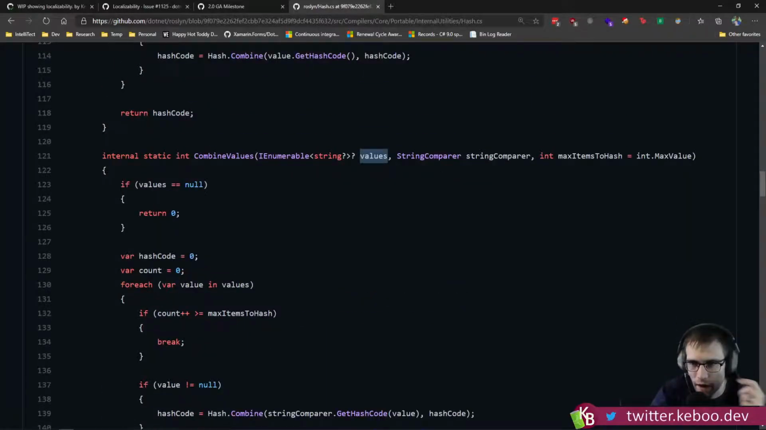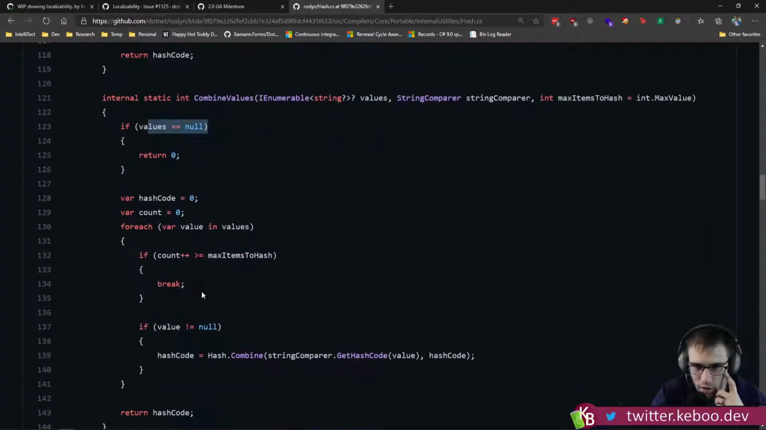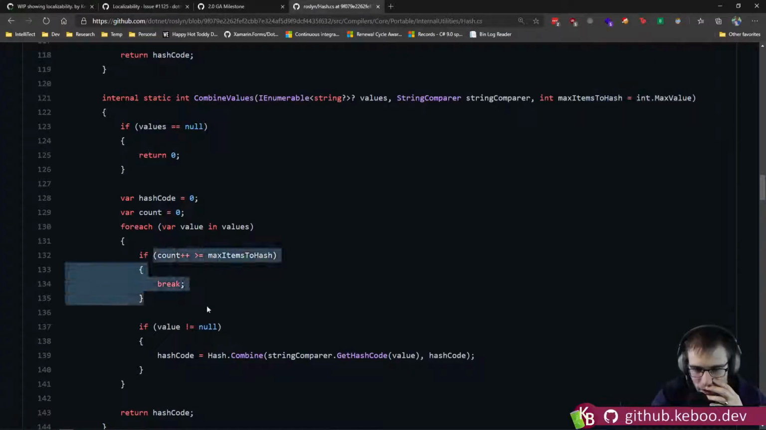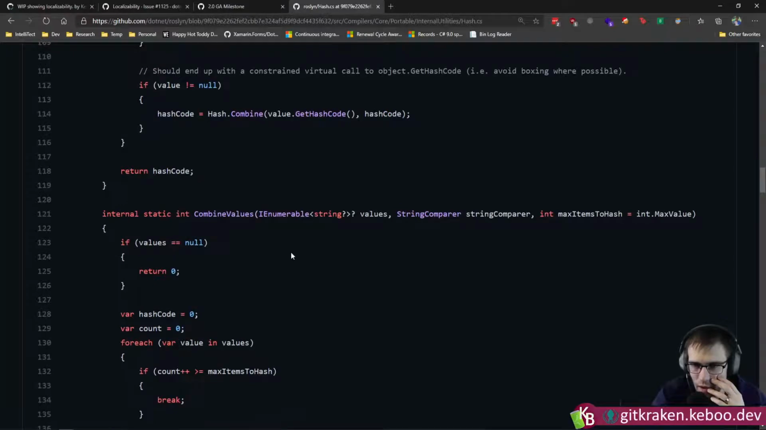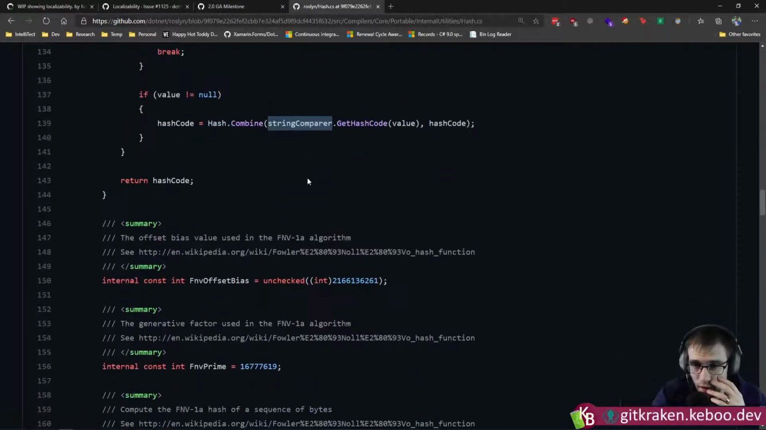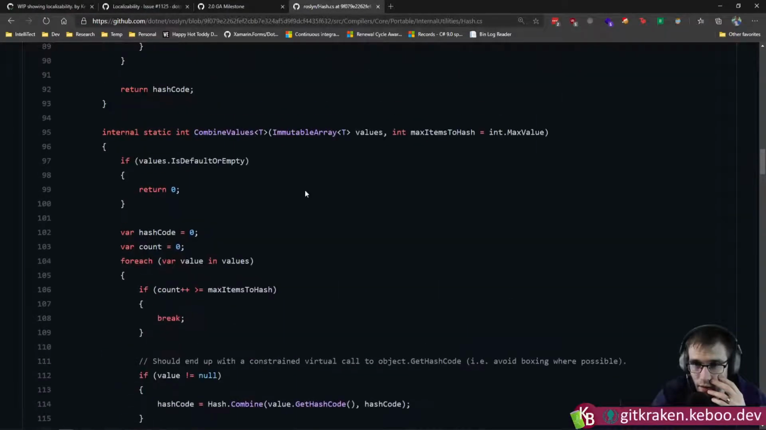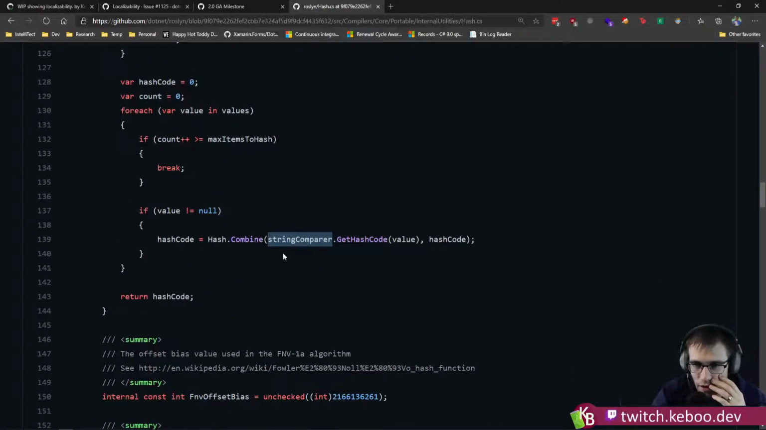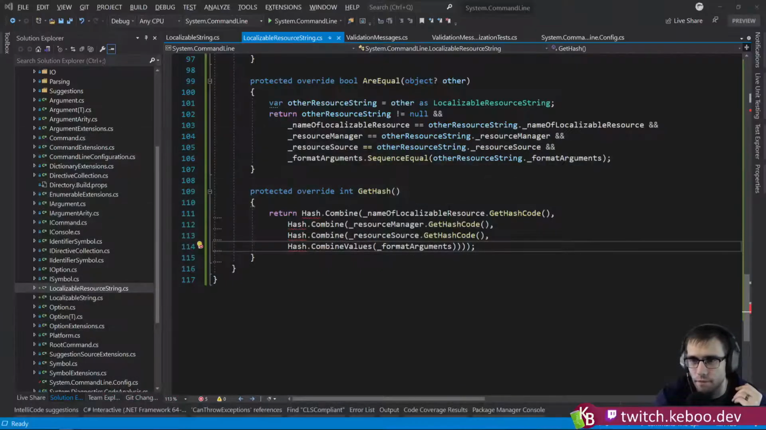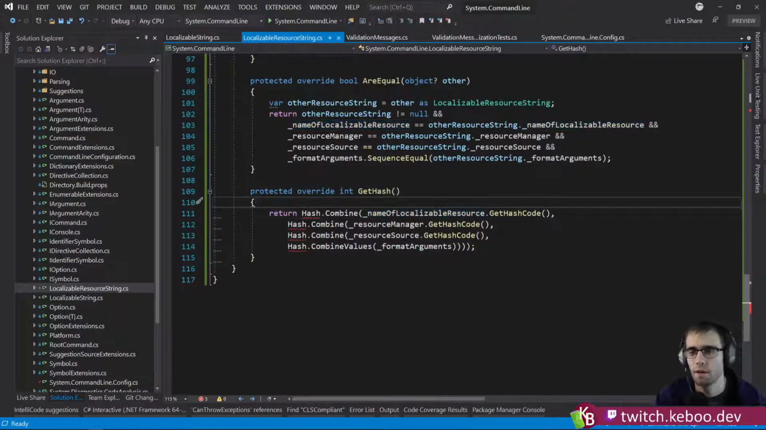So it goes through, if values are null, returns 0. Otherwise, iterate through max items to hash. In our case, it's doing all of them. Great. So a counter for that. And then otherwise, just do the, oh, that's a string comparer. Otherwise, just combine the hash codes together. Okay. Okay, so I think what we are going to do,